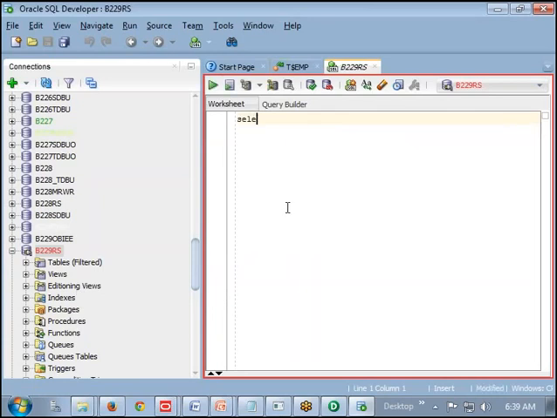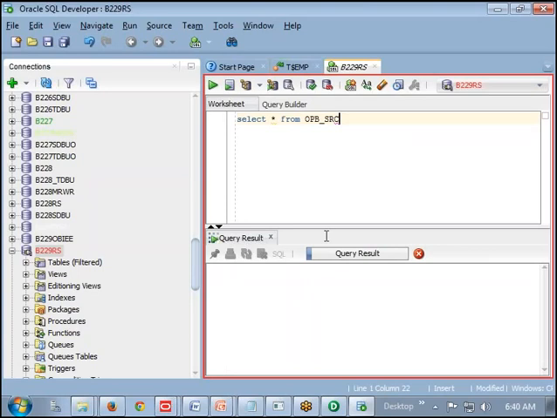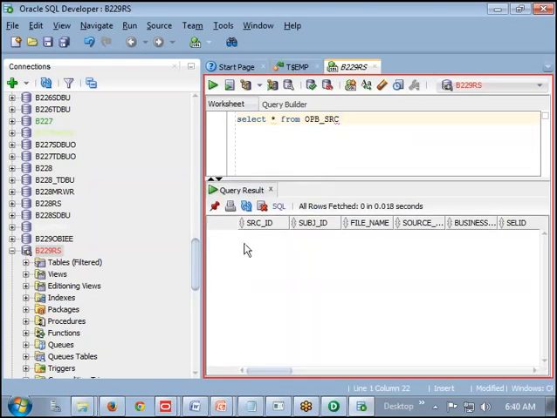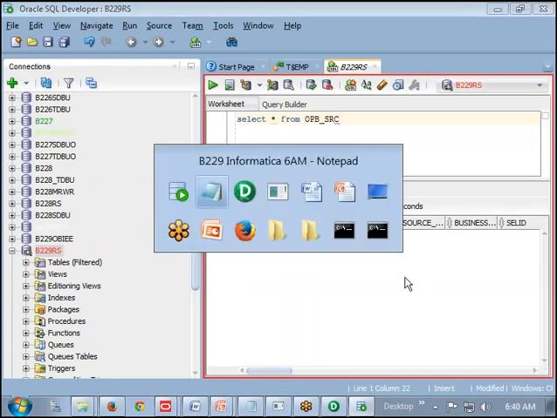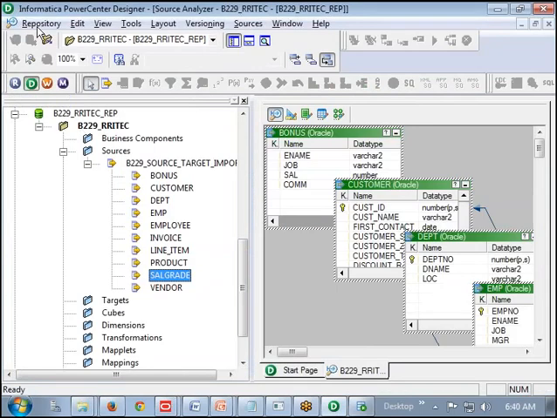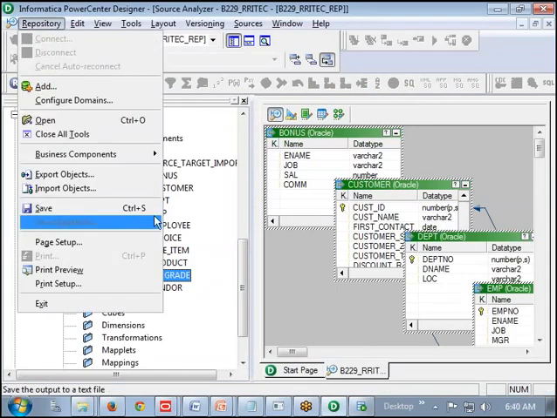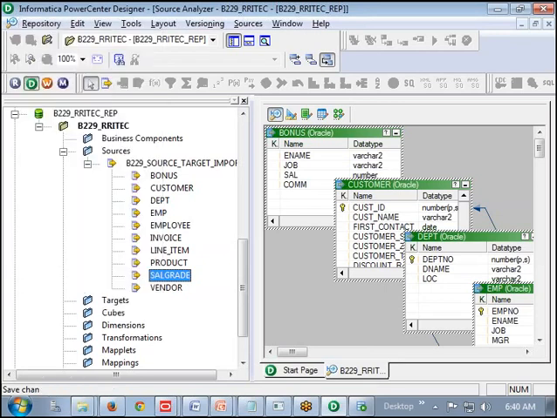If I go for, let us say, select star from OPB_SRC, enter. Now tell me, are you seeing any tables? Now if I go to the repository menu here, there you have the save option. You can also press Control S. Now I am clicking on save.